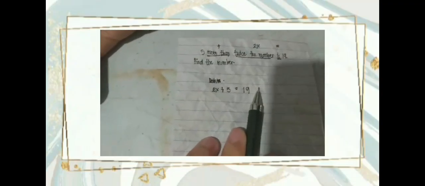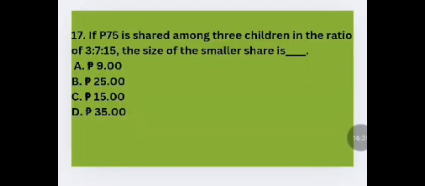So here we can use the addition property of equality, or we can just transpose the 5 to the other side. Transpose the positive 5, it becomes negative 5. Then we simplify, 19 minus 5 is 14. Next, we divide both sides by 2 to get the value of x. So 14 over 2 is 7. So the answer is letter